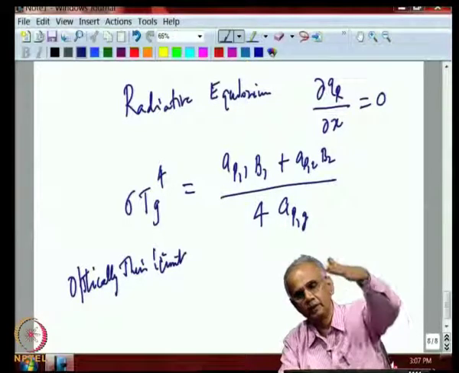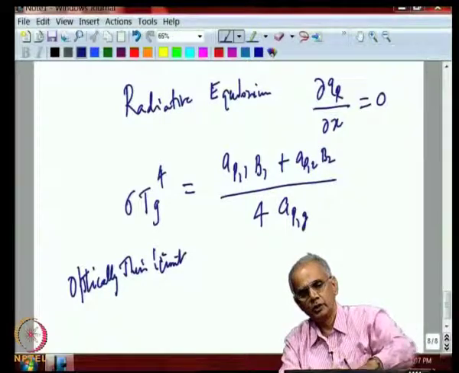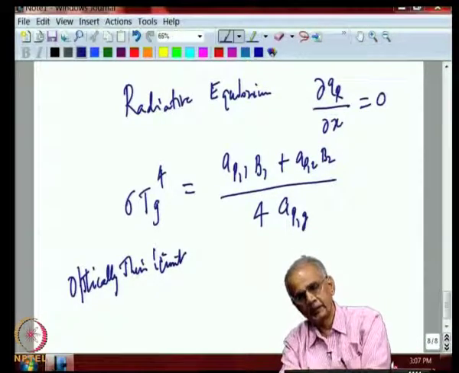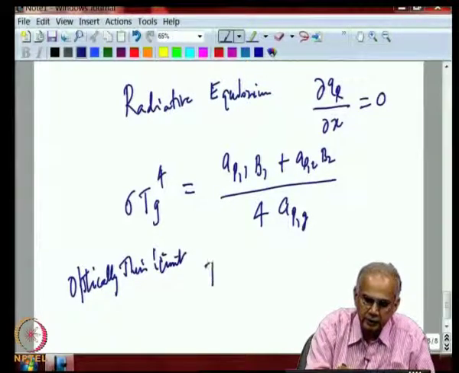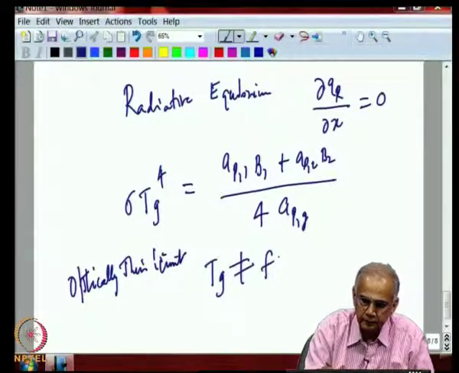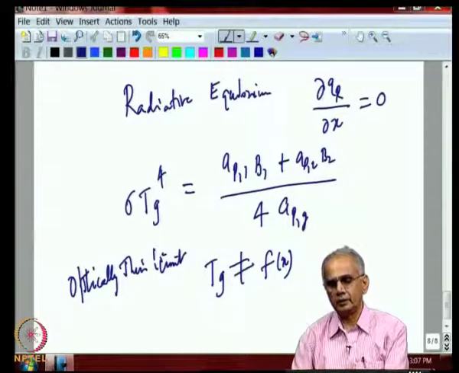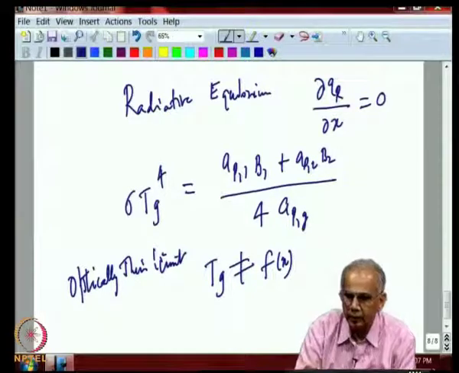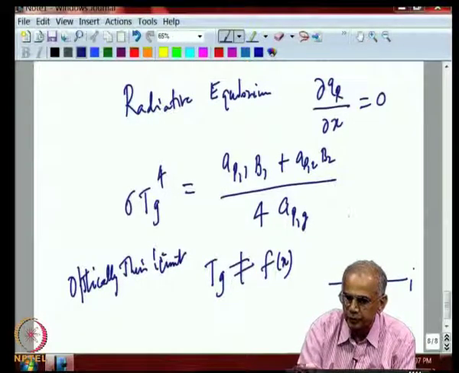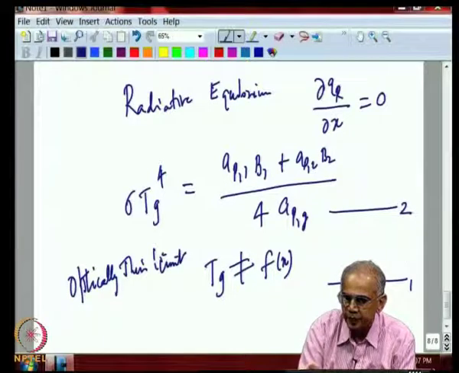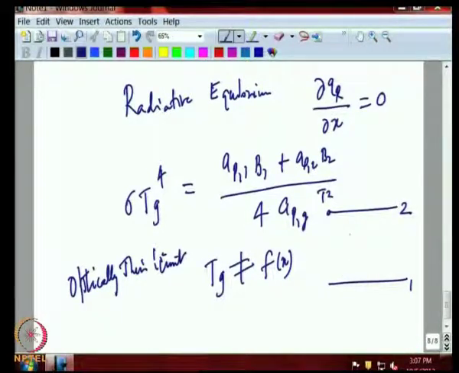then based on the information of the radiosity of surface 1 and surface 2, you get the temperature in the gas. Now, you will notice that in this limit, G is not a function of x, and this is the peculiarity of the thin limit, and one can easily show that if surface 2 is at one temperature, let us say T2, and surface 1 at another temperature T1, you will find the gas will have only one temperature and there will be two jumps.